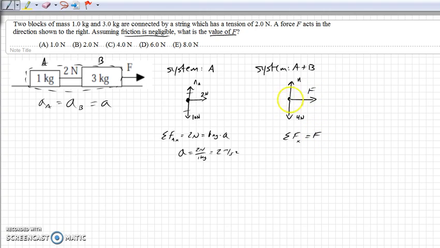Now this isn't equal to 0, obviously it's not balanced, so the system would accelerate, and I know that that would be the mass of the system, A and B, times the acceleration. Well, the mass of the system A and B is 1 plus 3 kilograms, so that's going to be 4 kilograms. And I know what the acceleration of the system is because I found it here. So the acceleration of the system is 2 meters per second squared, which means that the external force is 8 newtons, because a kilogram times a meter per second squared is a newton, and that is option